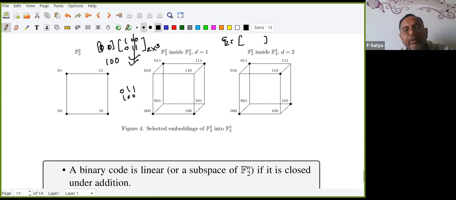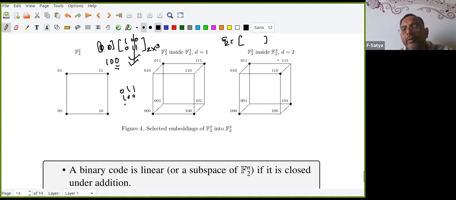Here the first two bits are the information bits. Whatever I'm sending, I'm getting that. The last one is a redundancy. But for this one, if I send, there is a problem. They will reverse. I send 1, 0, but I'll get 0, 1. But I'll get some code word. So that is the difference.